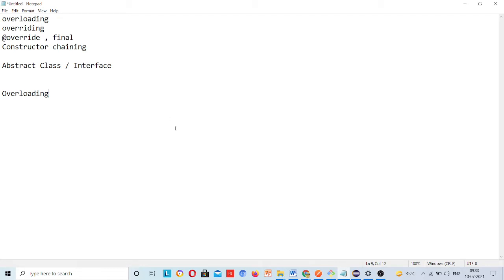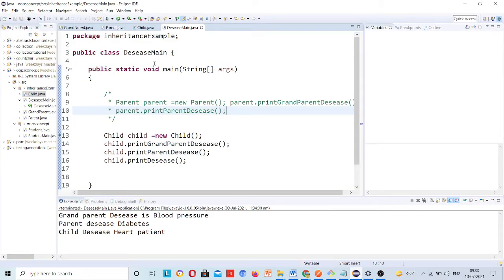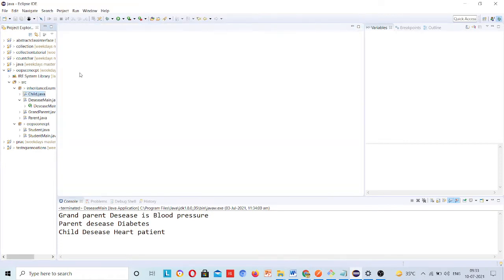So we will directly come to the Eclipse and we will see here overloading, okay. After that, I will give an assignment that you have to complete today only.